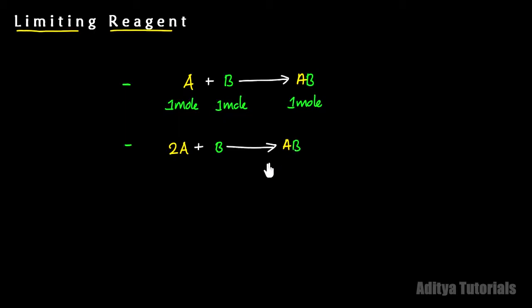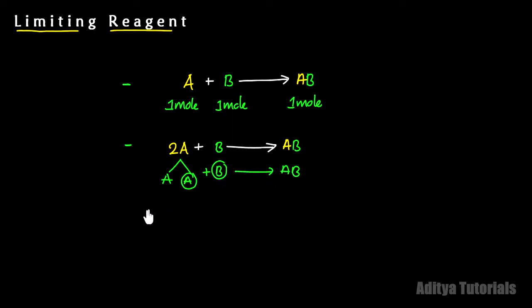1 molecule of AB. What is the reason for this? Why not 2AB here? The reason is, out of the 2A, only 1A is reacting with the B. So here we can divide it. Out of these two A, only 1 B atom is reacting with the A. These two are reacting and producing the product AB.